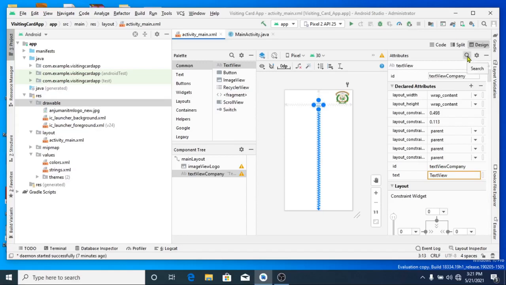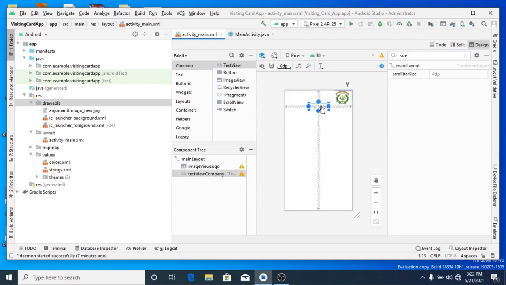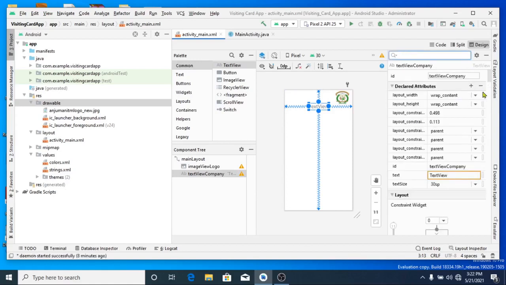Let me search with size. Text view size, here it is, at the bottom. I make it around 30, enter it. Now the text size has changed to 30. I just come out of the attribute searching.